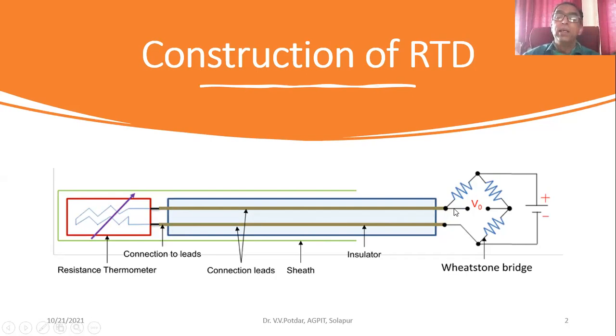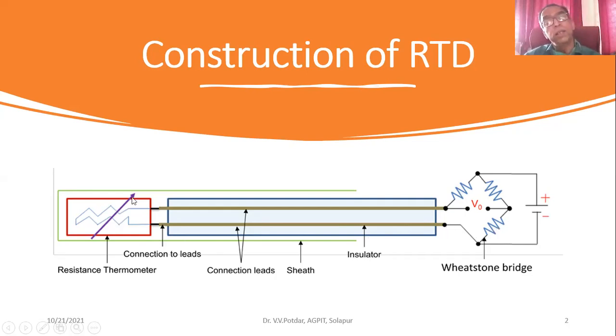For strain gauge studies, friends, we studied Wheatstone bridge circuit. The Wheatstone bridge has got 4 resistances, R1, R2, R3, and R4. And across 2 apex points, supply voltage is given, and across the other 2 apex points, output voltage is taken up. Isn't it? Now here, for temperature sensing, this resistance thermometer wire is connected across one of the arms of the Wheatstone bridge circuit. So this becomes my variable resistance. The rest of the resistances are fixed resistances, right?